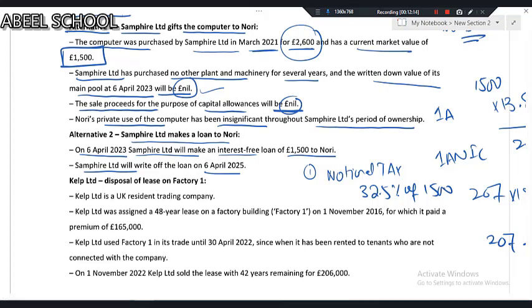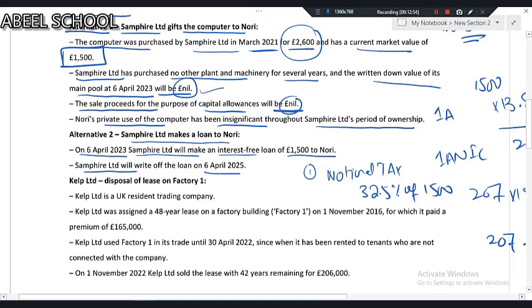One more thing, since the amount of the interest-free loan is just 1,500, which is far less than £10,000, obviously it results in no taxable benefit. So the 1,500 loan is not resulting in any taxable benefit, the reason being it is lower than the £10,000. A beneficial loan which is less than or equal to £10,000 is exempt. So the 1,500 is also exempt because of that 10,000 rule. So accordingly, the company will not be paying any class 1A NIC. But when the company is going to write off this 1,500 loan,